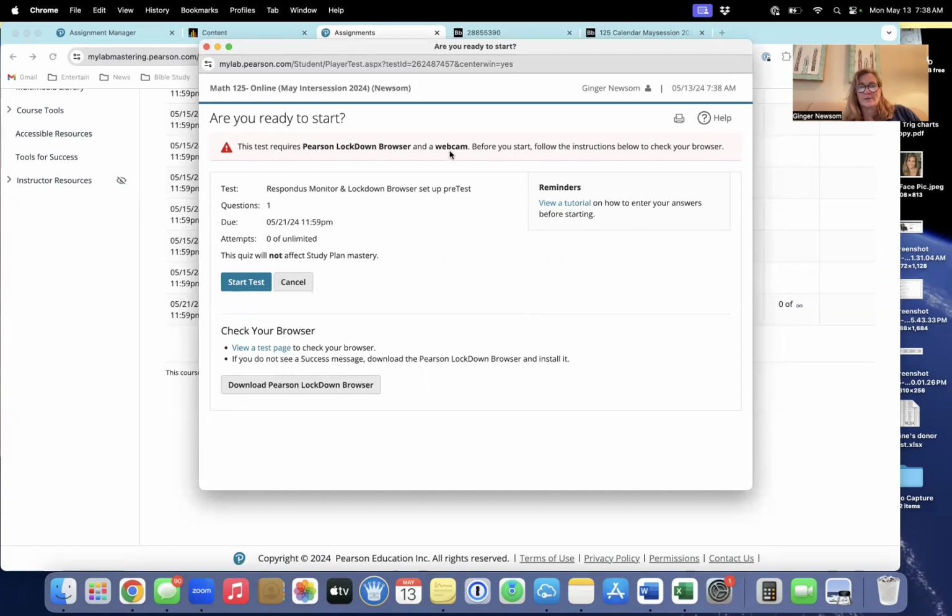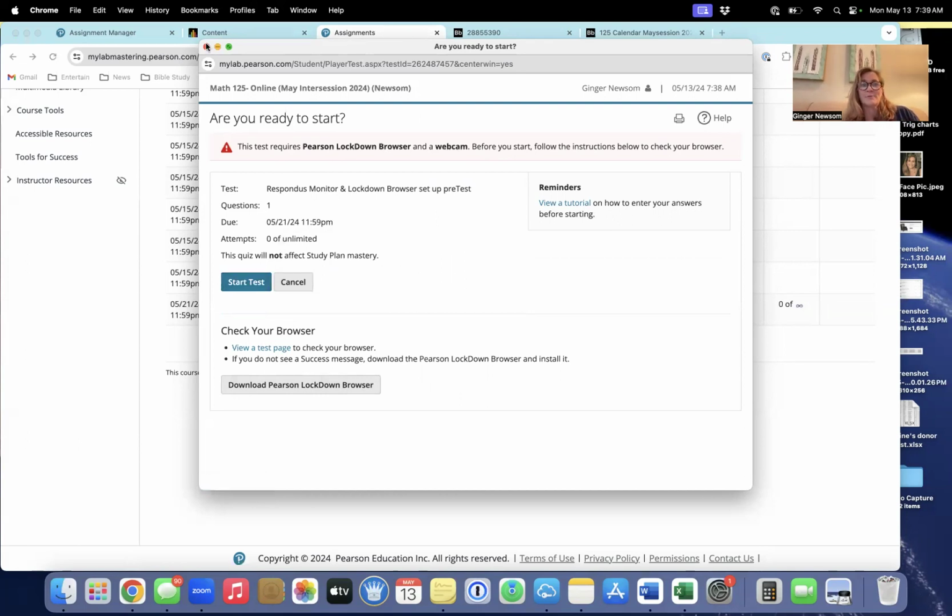This test requires, it's the directions, okay? Pretest setup: if you don't have it, you can download everything right here and make sure it's set up. It's not going to mess up your computer or anything, but you have to have it for the lockdown browser. And you can start your test. Start your test is like one question.